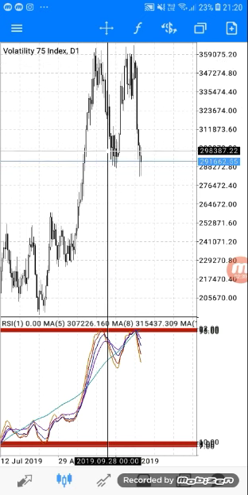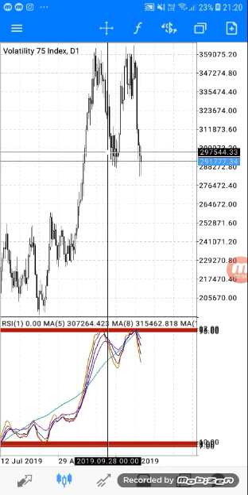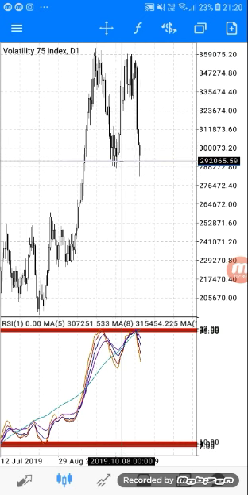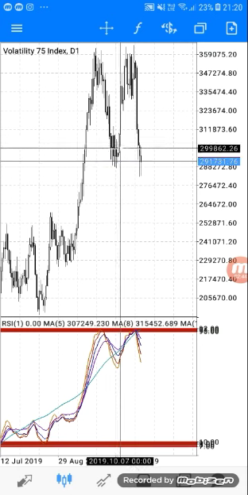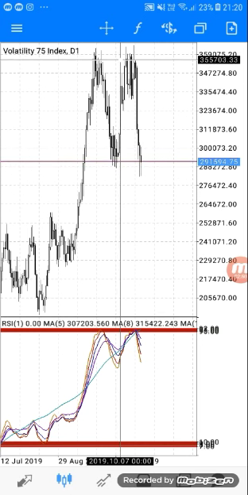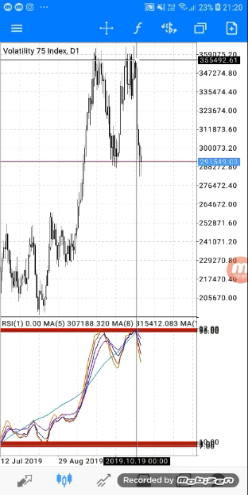Then hold, and he came back. So when you start to get rejections like this, rejection 1, 2, 3, 4, 5, 6, then you know that it's time for you to buy. But don't just buy, wait for a green candle, and when that green candle comes, take a buy. I will see if I'll just have to write the PDF so that you can also read it. I'm gonna write the PDF tomorrow because I think I've drafted it and I have to